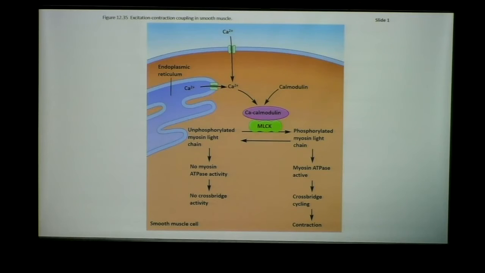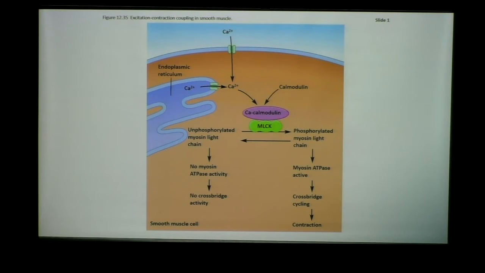Slide to sort of summarize. So we said most of the calcium comes from the ECF. It comes into the cell. It triggers more calcium from the SR here. That binds to calmodulin, which turns on MLCK, and we can have the phosphorylation of the myosin heads, which leads